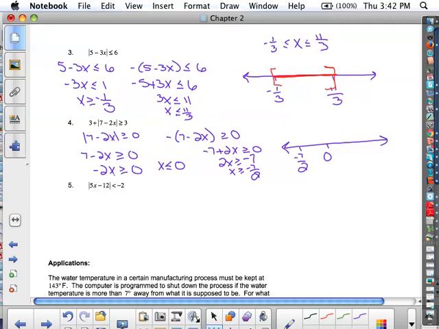So the region that satisfies this inequality will be 0, less than or equal to, so here is one, and here is the other. For that 4. So if that's the case, then the region that satisfies that inequality is going to be, let's see,